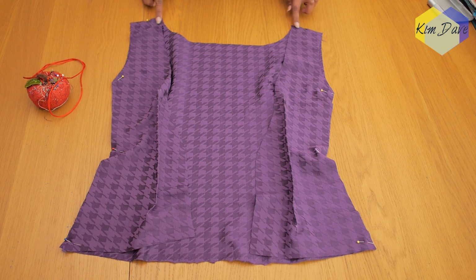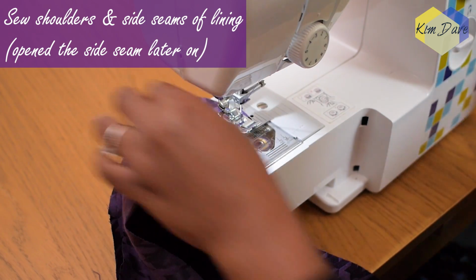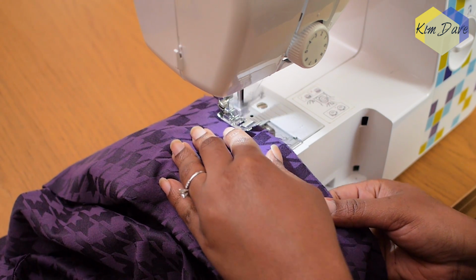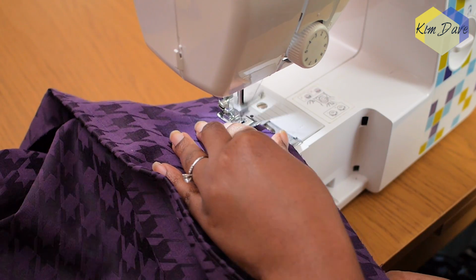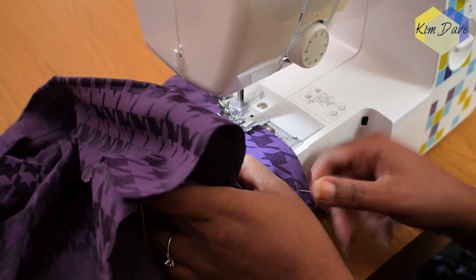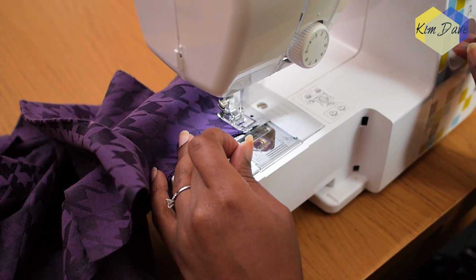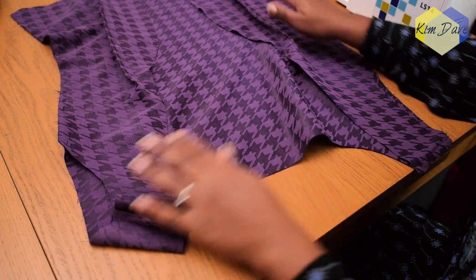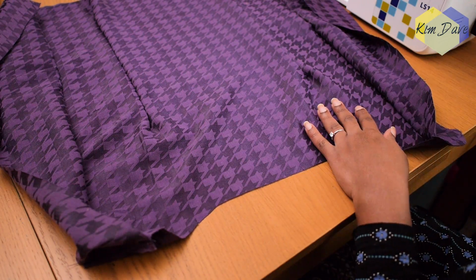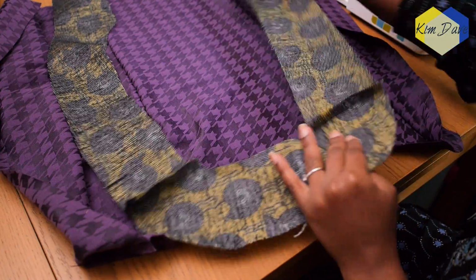So at this point, I stitched the shoulder and I stitched the sides, but later on I realized I shouldn't have stitched the sides because I needed to have it open to be able to turn the jacket inside out. But you see what I mean as we go along. So once I'm done finishing the stitch, I'm just going to go ahead and take a look to see what it looks like. And what I want to do here is I want to actually join my facing to my